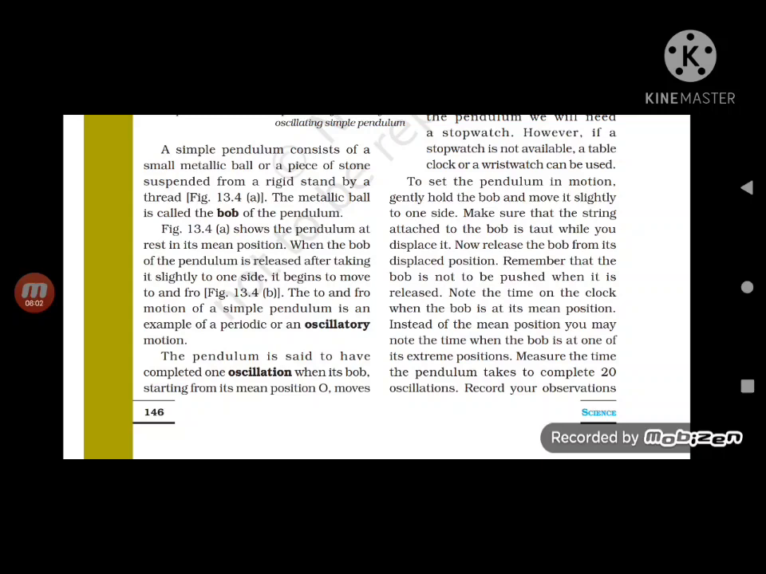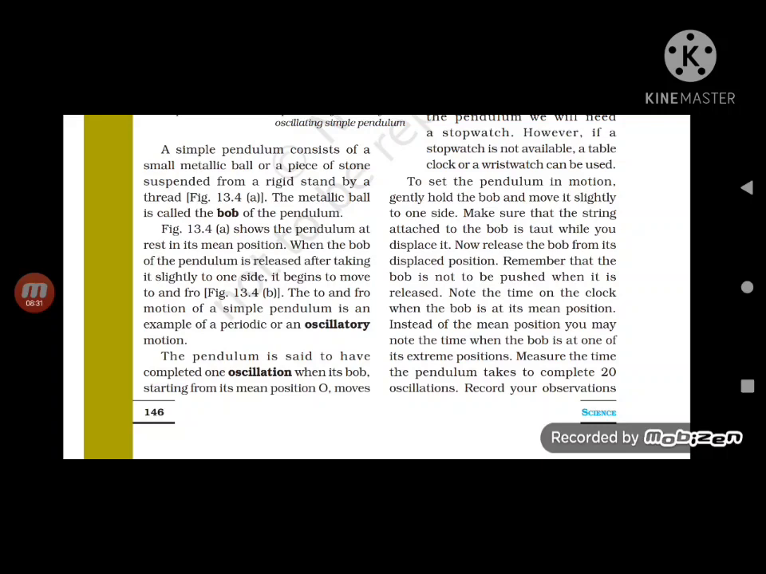तो जब वो मीन पोजीशन से दूसरी पोजीशन में गया, अभी उधर से हमें उसको छोड़ना है और छोड़ के मीन पोजीशन में जब उसको लाना है तो क्या करना है, उसको सिर्फ रिलीज़ करना है, पुश नहीं करना है। हमारे हाथ में जो बॉब हमने पकड़ के रखा है उसको सिर्फ पकड़ा था, वो छोड़ना है, उसको धक्का नहीं देना है।